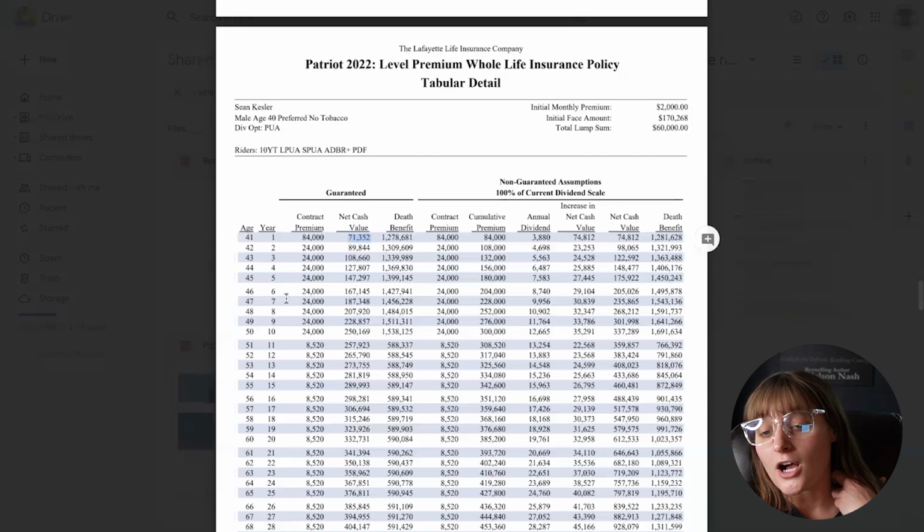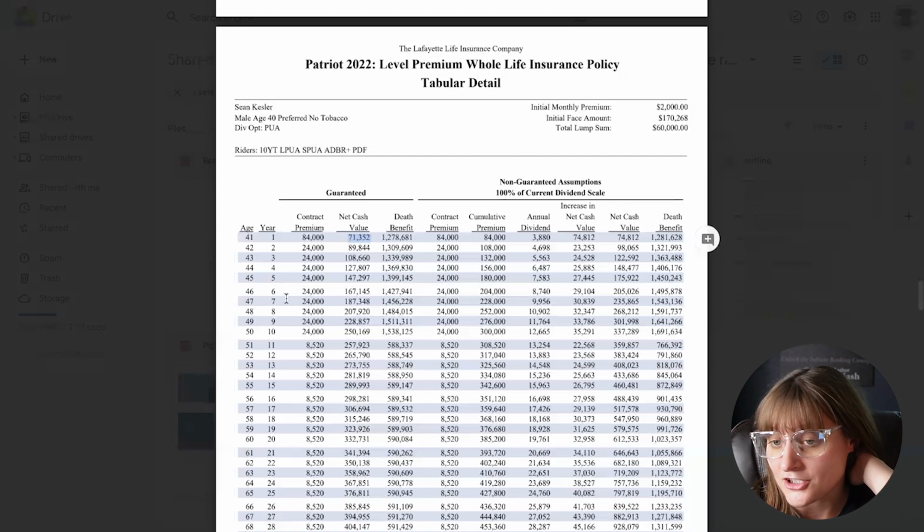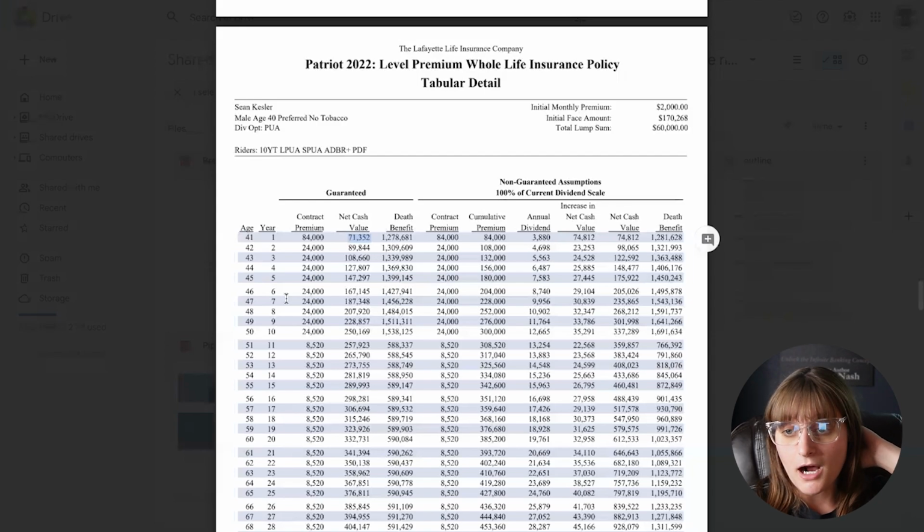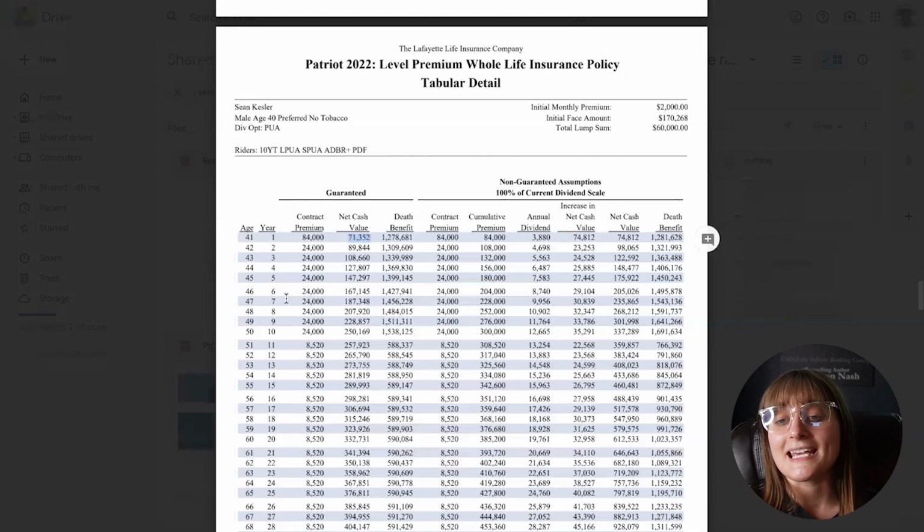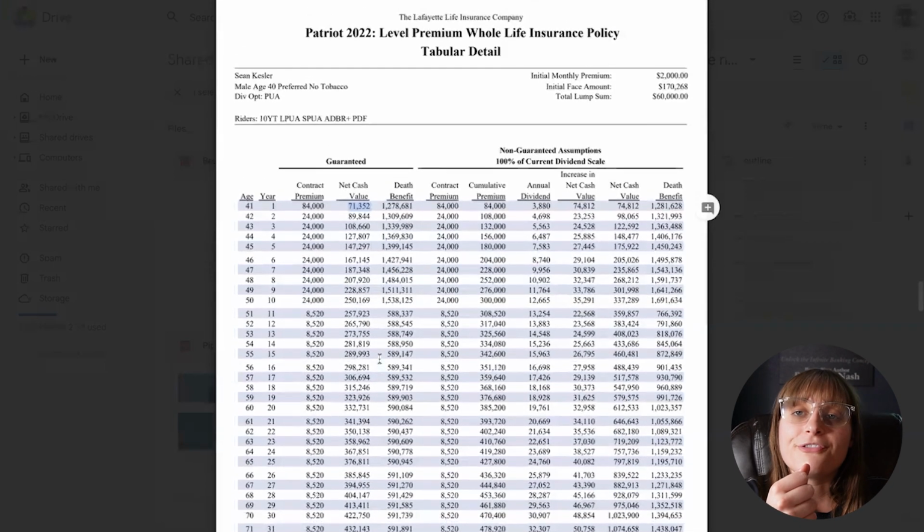So here, Sean's able to have more of that upfront cash value because he's doing a dump-in inside of his policy. This policy is still designed as a 40-60 split, where 40% of the 2,000 a month is going to the base and 60% is going towards those paid-up addition riders. So we're not neglecting the later years of that base premium and the value and growth that the base premium can give us. He's just giving it an extra boost, or an extra oomph, I like to call it sometimes, that gets him that higher cash value immediately.